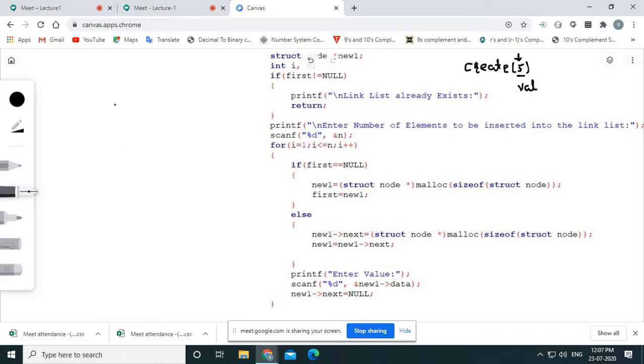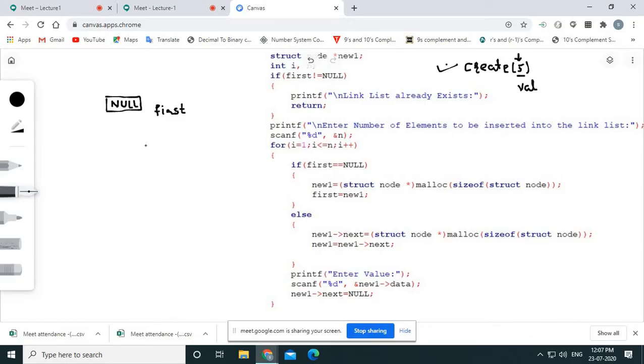Whenever the user invokes this function, we have a master pointer called first, which stores the address of the first node of the linked list. Currently, because the user has just selected the create option, there is no node, your linked list is empty, and we know that whenever the linked list is empty, we have a null value in the first pointer.